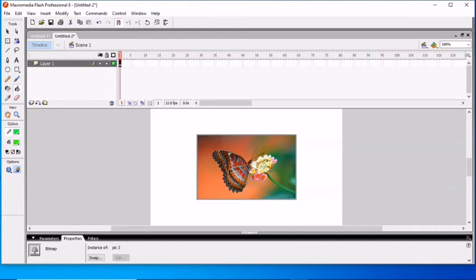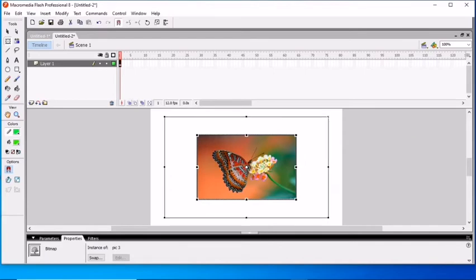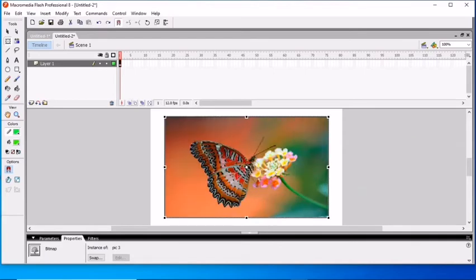The pictures appear in order, but if you don't want them in order, you can select any picture according to your choice. After this, you can see Free Transform selected. Select the object and select Free Transform. After this, you can rotate this picture. Its size you can increase or decrease. For example, if you want to increase the size, drag it, and the size will be increased, or if you want to decrease the size, it will be decreased.